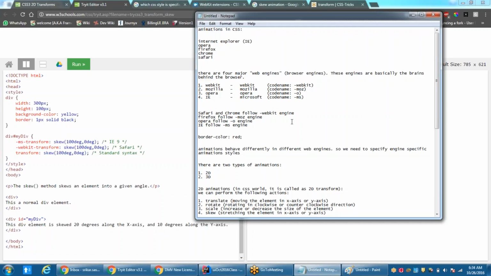A good example is behind this notepad. You see the skew, it is a function. Okay,